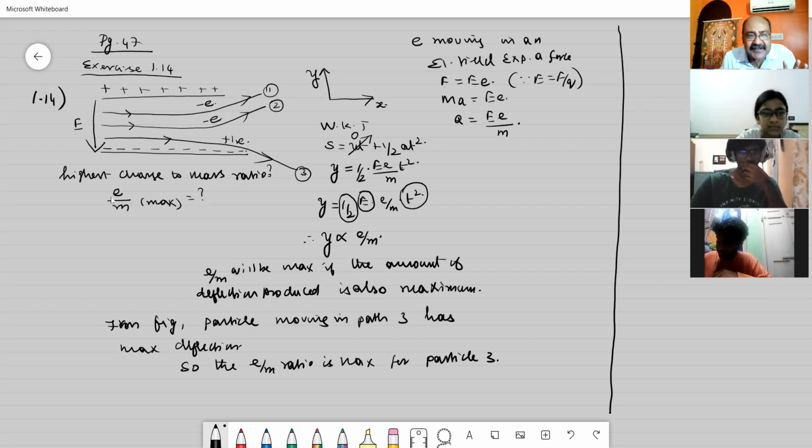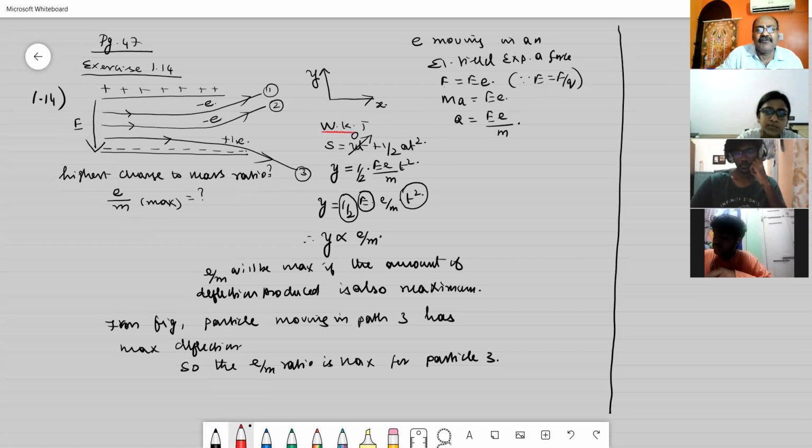Now, you are asked to calculate the charge to mass ratio. Which of the charge to mass ratios has the highest value? The charge to mass ratio is e by m. Since it should be highest, we have to calculate which one has e by m maximum. So let us consider this. We know that